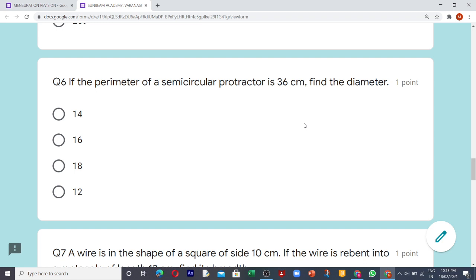You have to write what the sixth question answer is, and once I will post the link of this particular question paper, revision paper you can say, then you will fill it appropriately, and then your response will be seen by me, that what you people are doing. Okay.